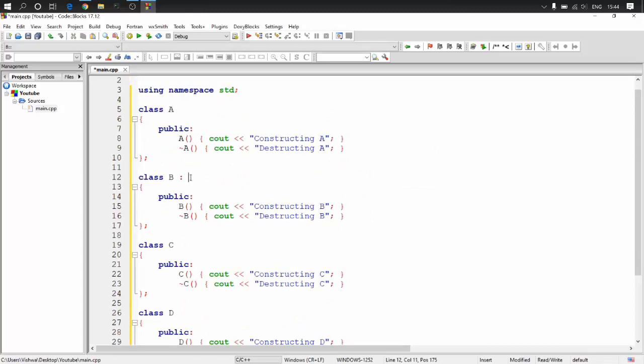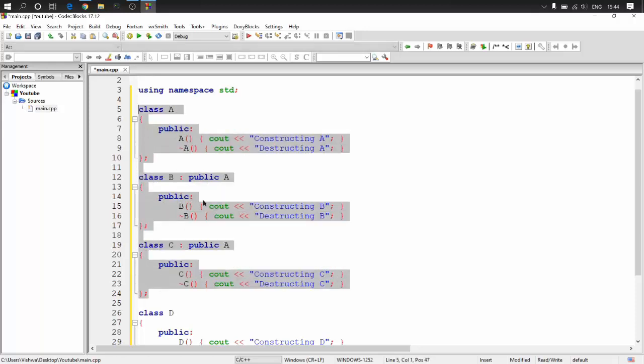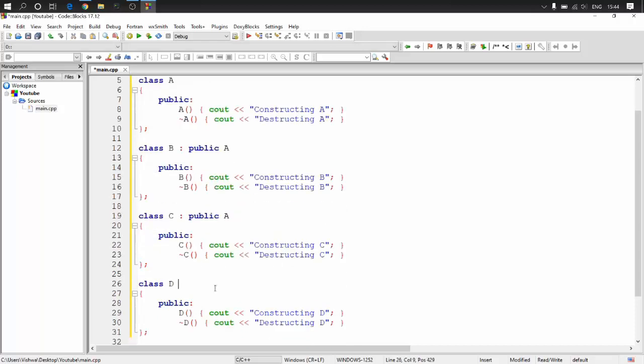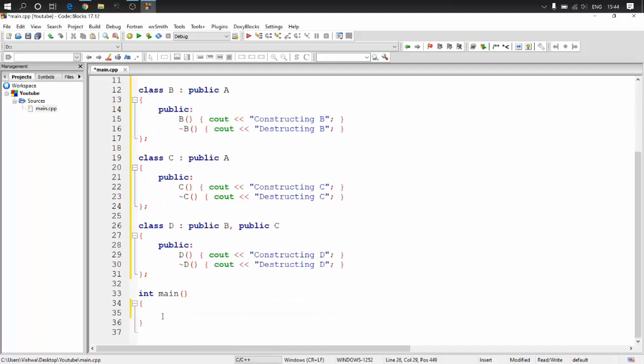Now let's make the inheritances quickly. Class B, as I told you, is going to inherit from A. Class C is also going to inherit from A. If you remember, this inheritance is nothing but hierarchical inheritance, and now we are going to inherit D from both B and C, which is nothing but multiple inheritance. So public B and public C. And now we'll create an object of D, and we'll see what exactly the problem is.